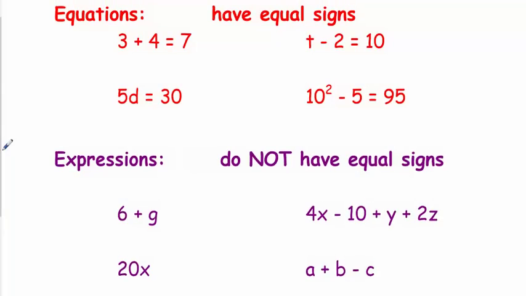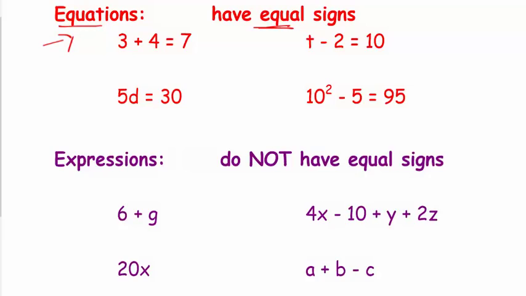Remember, an equation, that word inside is equal, equal in there. So an equation has an equal sign. Both equations and expressions have numbers or variables and operation signs, but the difference is an equation will have an equal sign. So all of these are examples of equations, and expressions will not have an equal sign. For expressions, I will have to give you the value of the variable in order for you to solve, but in equations, you're going to solve for a variable,